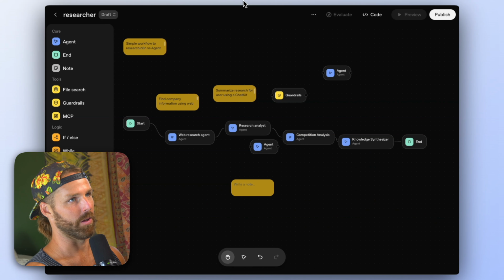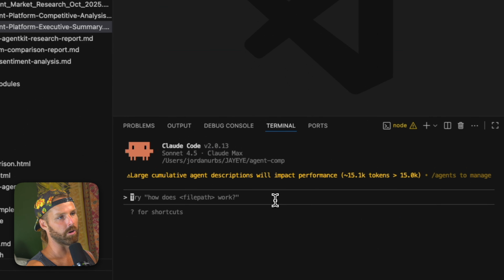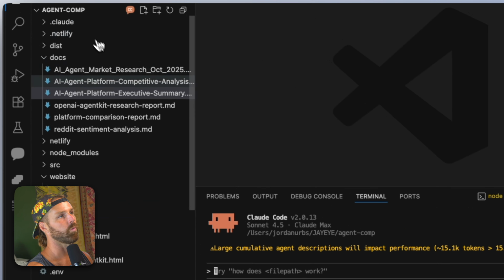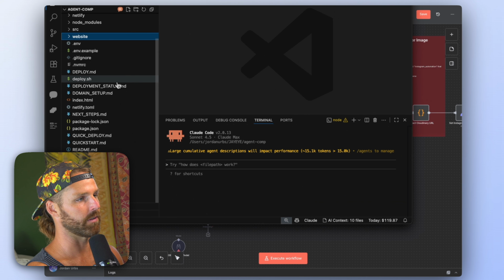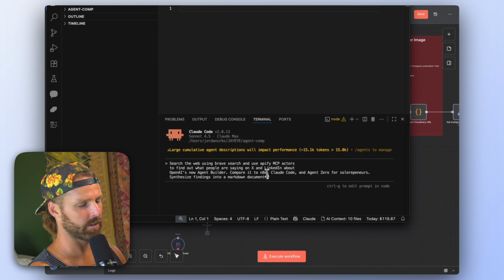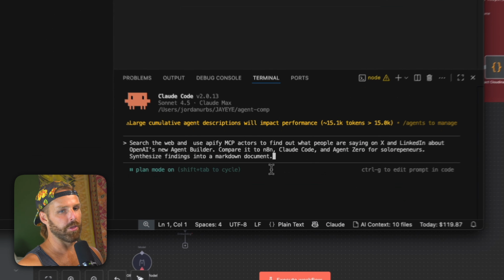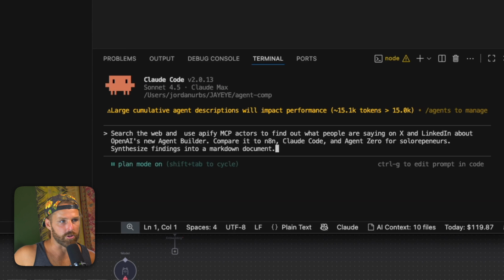So let's keep going with Claude Code. And what I want to show you here is what I use it for. And I actually did this yesterday because I was making this video and the video didn't save. But I can just prompt Claude Code here in plan mode, of course. This is kind of like the start of every project I do. Search the web and use Apify MCP actors to find out what people are saying on X and LinkedIn about OpenAI's new agent builder.